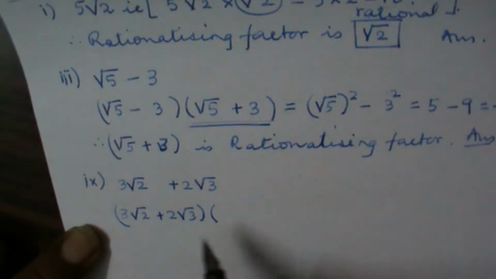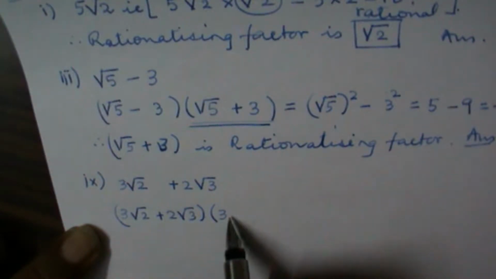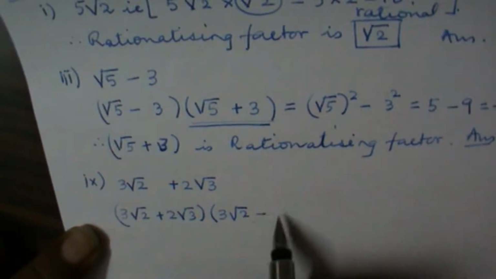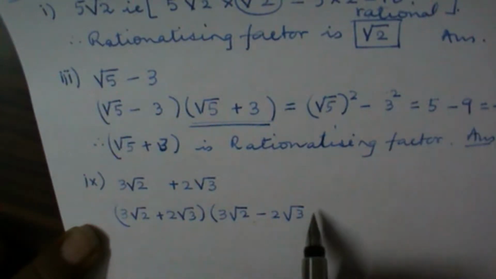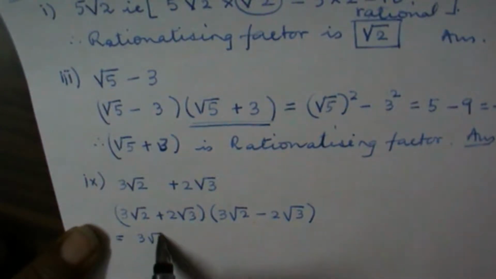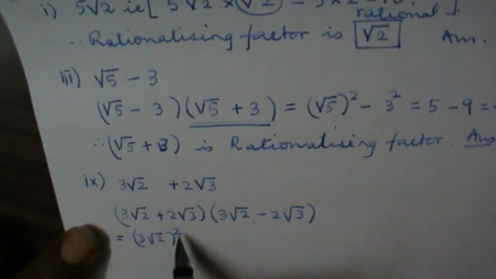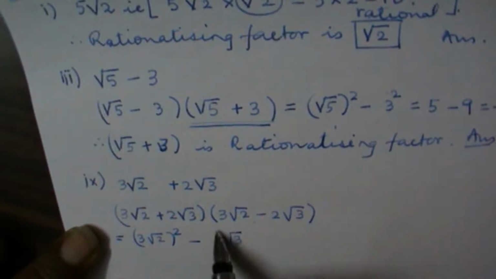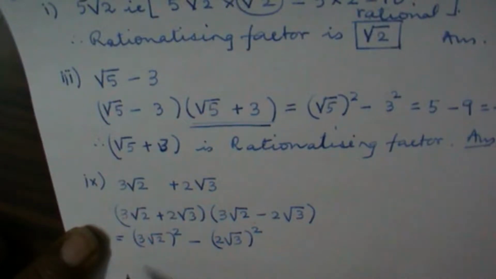If this is a plus b, I should put a minus b, so 3 root 2 minus 2 root 3, and that will give me 3 root 2 whole square minus 2 root 3 whole square, and that gives you